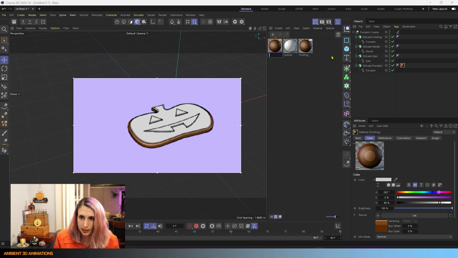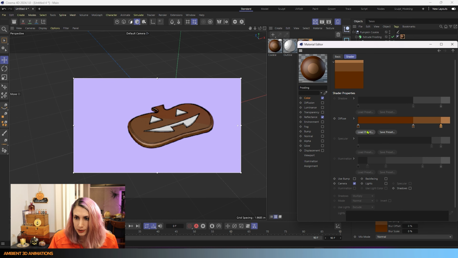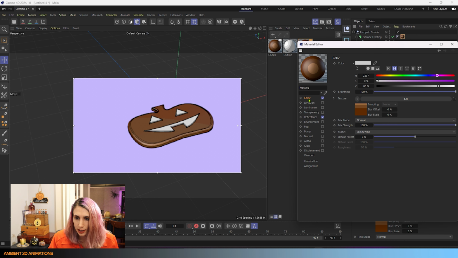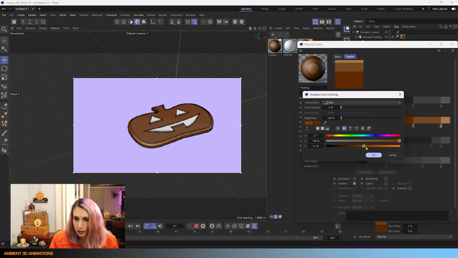Actually, I called this frosting, and this is the cookie part. This one's going to be the frosting, this new one that I created. So I copied this by hitting Control, dragging it over, and it created a copy. So now this one's going to be the actual frosting, and I'll put that there. Now the frosting, I'm going to click on this to open it again. So again, I'm in the color channel, click here, and now we're in here. We need this to be orange. A nice pumpkin-y kind of color.